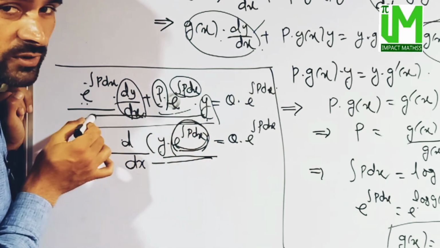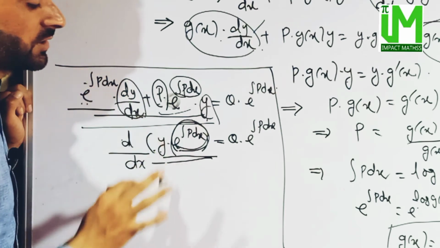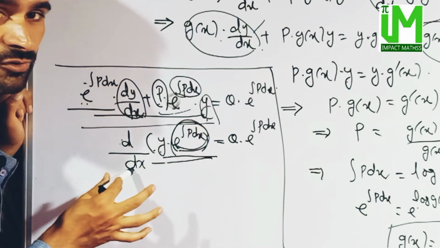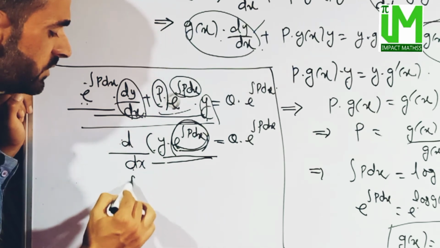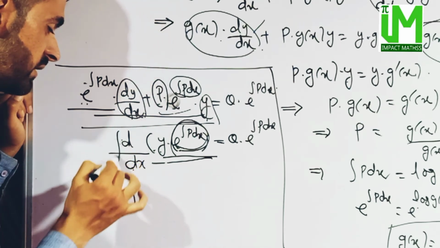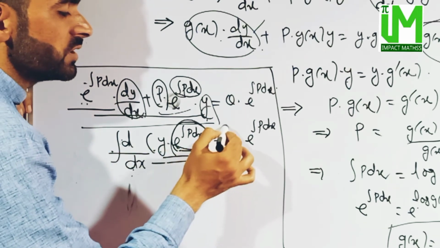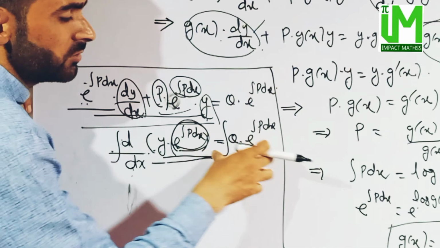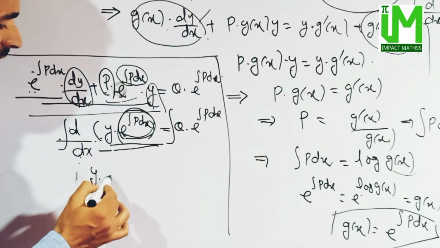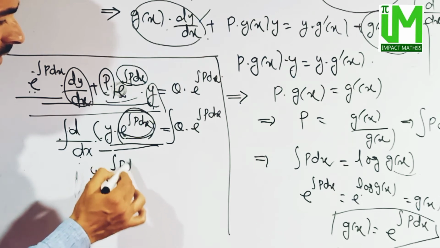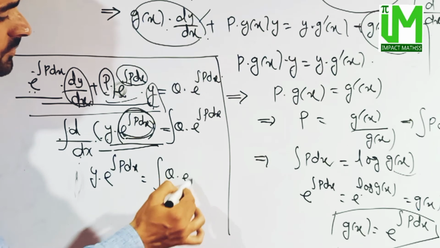but the fact is here that we have obtained this expression as the differentiation of y into e to the power integration of p dx। now इस dy by dx को कैंसिल करने के लिए we will be now integrating both sides, so it will be integration of this। इसी स्टेप में अगर कंप्लीट करें, so integration of this into integration, इस चीज़ की इंटीग्रेशन और इस चीज़ की इंटीग्रेशन। So this is y into e to the power integration of p dx is equal to integration of q into e to the power p